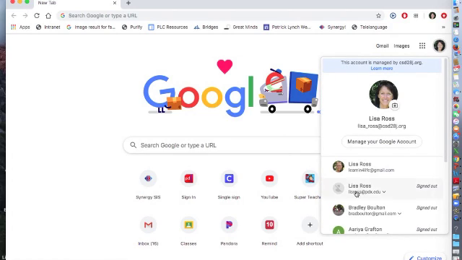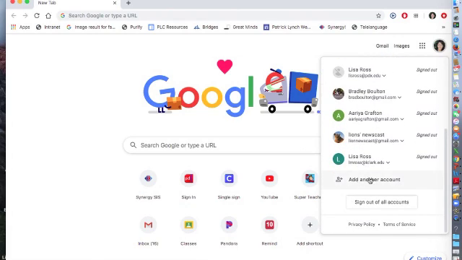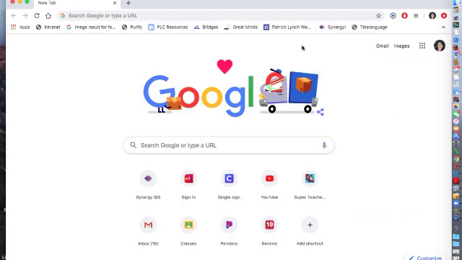up pops different people. My son, my personal account, my college account, and you would want to change to the account that has you. If it doesn't have you on it, you'll scroll to the bottom and click Add Another Account. So when you do that, and you've got everybody signed on, then you come back and your initials should be